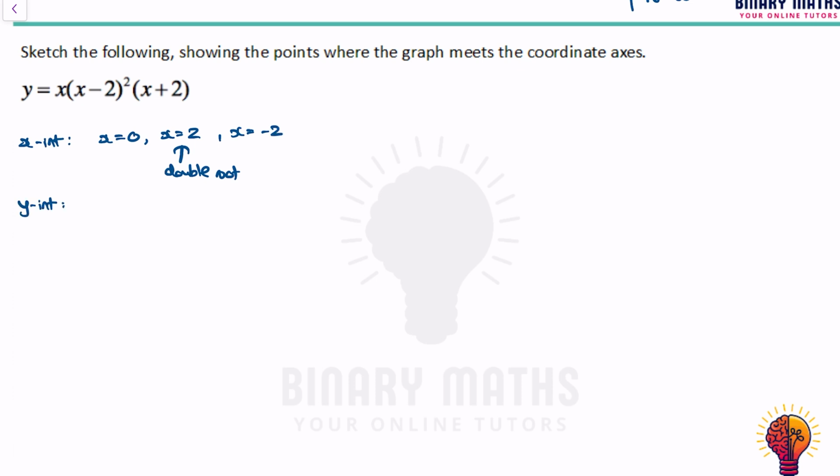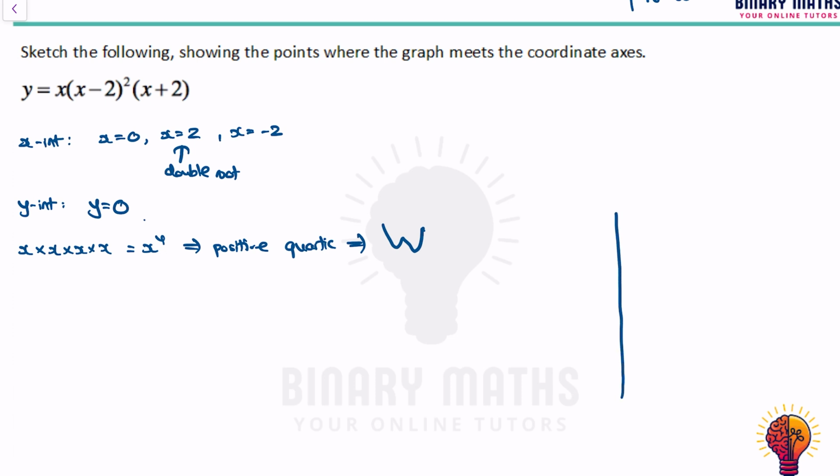A y-intercept is, if I expand this bracket, I get no constant term, so y is equal to 0. And if I expand it, I get x times x times x times x, which is x to the power 4, which is a positive quartic, which implies it's going to look this way. So starting at quadrant 2, end up in 1. Okay, so if I were to sketch this roughly,